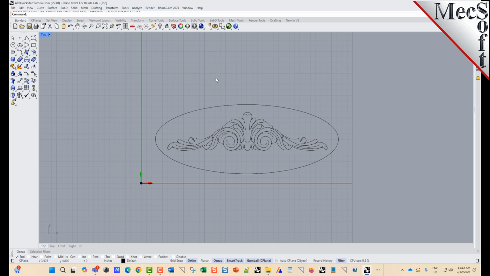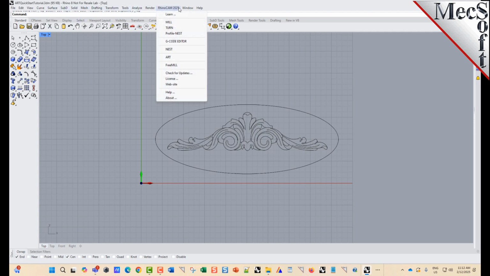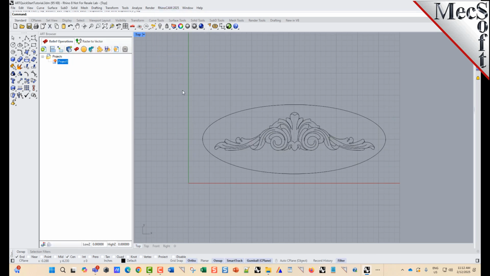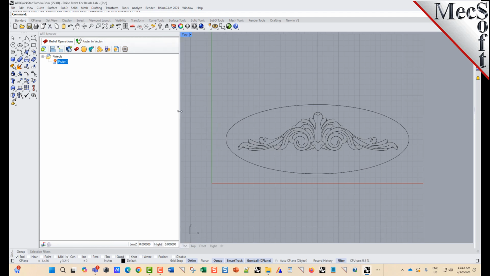Now, let's begin by launching the RhinoCAM ART module. From the Rhino main menu bar, you will see the RhinoCAM menu item. Drop down the menu and pick ART to load the ART module. Docked on the left, you will see the ART browser. You can resize the width of the browser, making sure that all of the command icons and menus are easily